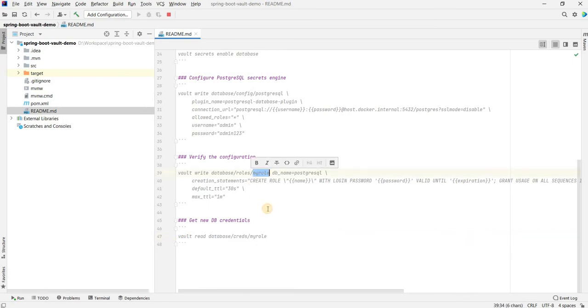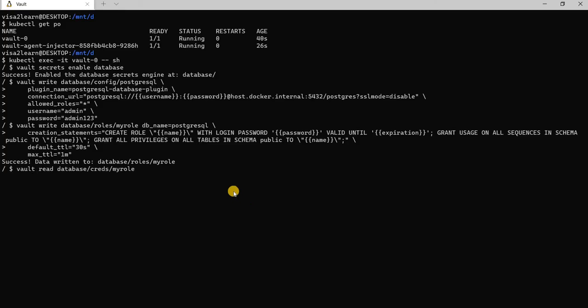Now let's go ahead and see if everything worked. Another thing to note here is the role named my role. Keep in mind this role name that you have given because we'll have to use that in the Spring Boot application configuration. Now let's go ahead and fetch a new database user. The command for that is vault read database/creds/my-role.